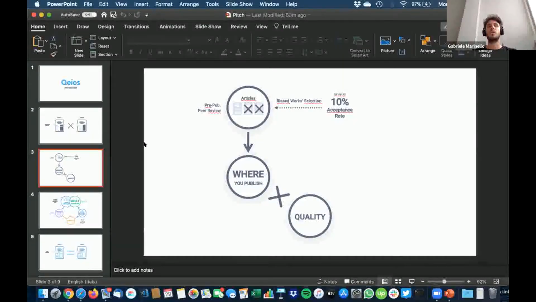What do these academic journals perform? What's their job? It's basically to invite peer reviewers to check the quality of the research papers, right?